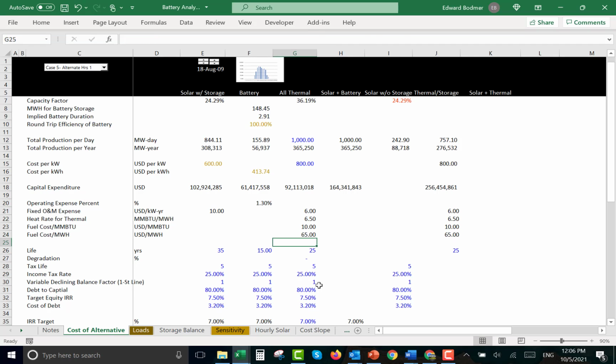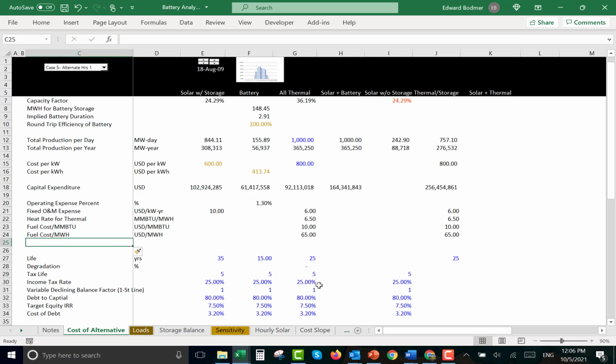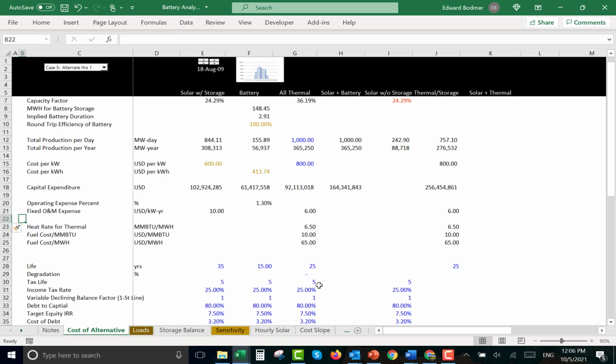And then we can put in our total O&M. Let's go up here and put our fixed O&M. Okay, how about I'll put our total fixed O&M expense, and we have to be a little bit careful